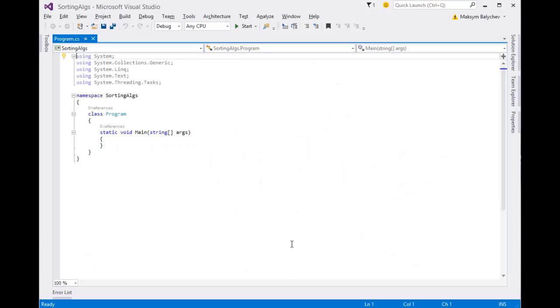So here I have a brand new solution in my Visual Studio 2015 Community Technical Preview Edition, but it doesn't matter, you can create it in any version. It doesn't use any advanced features. So let's start implementing that. Let's imagine we have some input array